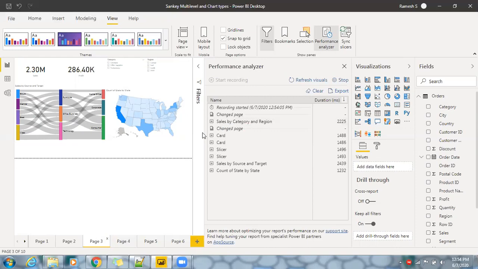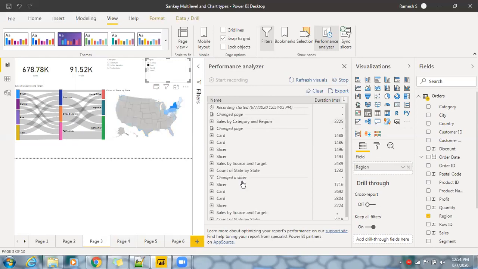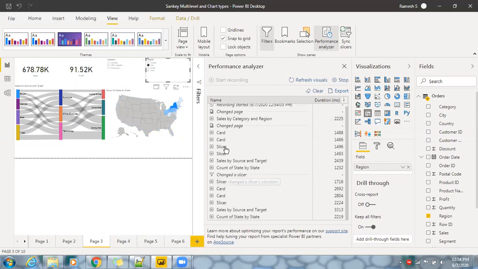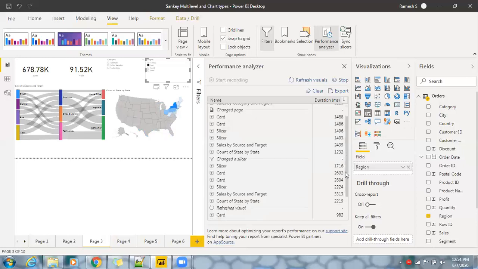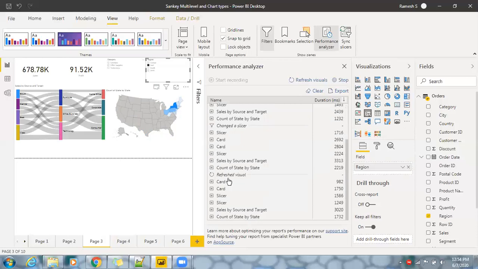Let's say you have selected some part of the data here, region as a slicer. I can see changed a slicer. So you can track complete information in Performance Analyzer, and you can also refresh the visuals. Just click on this Refresh visuals, and as I said, you can see I have refreshed the visual. Then you can capture this particular information.